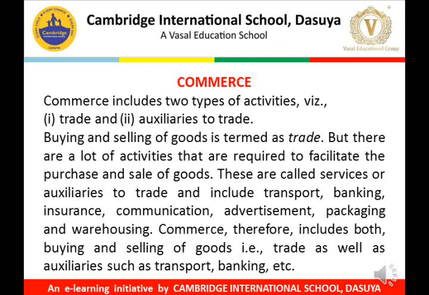Buying and selling of goods is termed as trade, but there are a lot of activities that are required to facilitate the purchase and sale of goods. These are called services or auxiliaries to trade and include transport, banking, insurance,